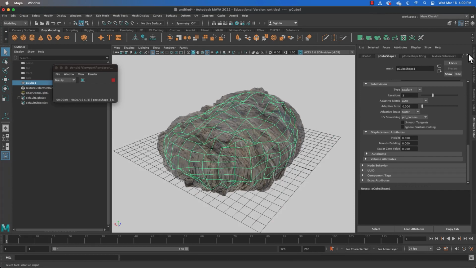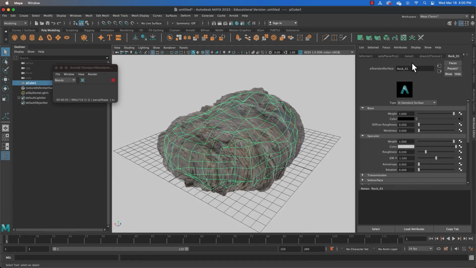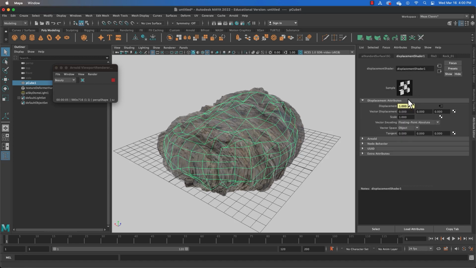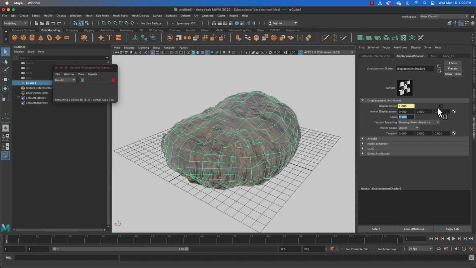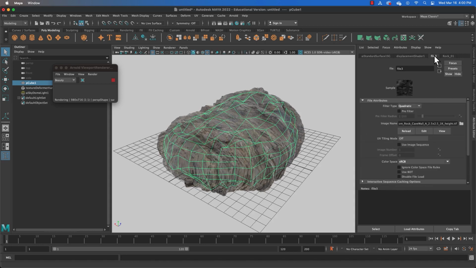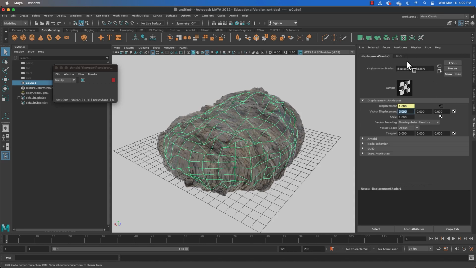And we can also manage that back at the SG node here. If we go forward like so, and here's the displacement shader node right here. We can play with the scale here, but I think this scale is almost the same as the other scale. You can just lessen it or whatever. And then finally, we can go to the place file node, or the place texture node